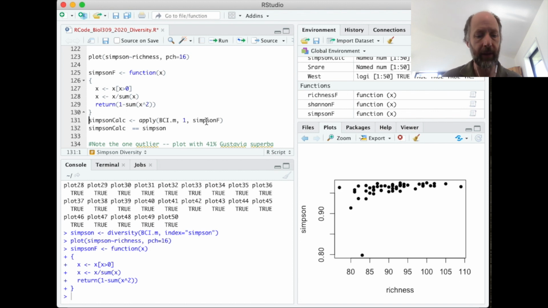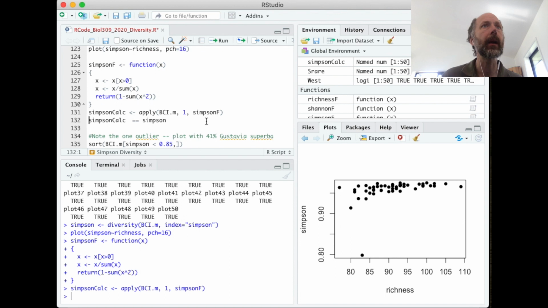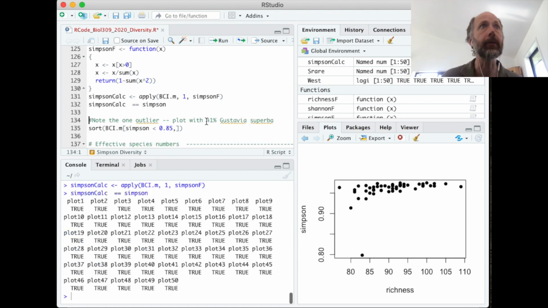And then we can apply that to our matrix and compare it to what vegan calculates with the built-in function. And again, we find that our formula is just as good as the built-in function. I do want to note that there is that one outlier, whichever way we calculate it, with about 83 species for richness, but a Simpson diversity of around 80. The fact that it's low diversity might tell you that there's one species that's making up a lot of the